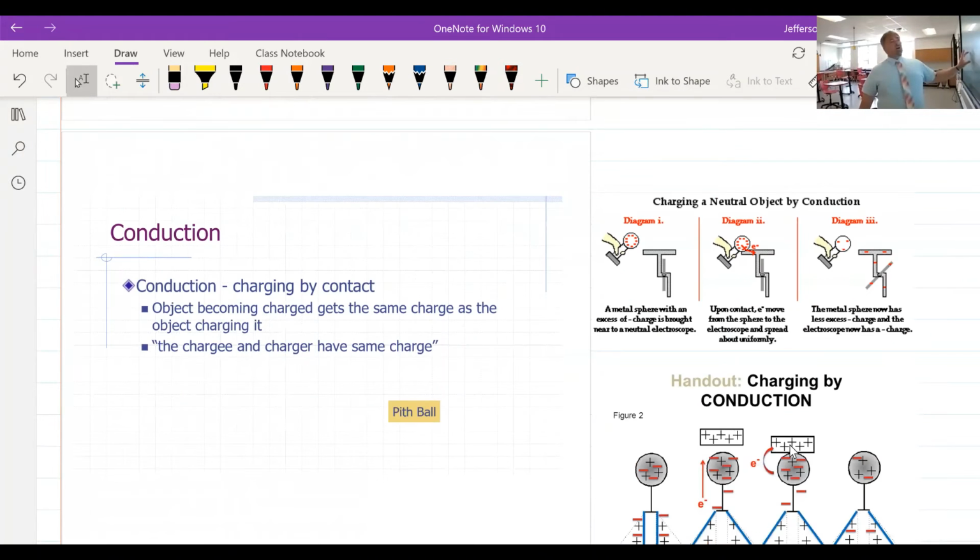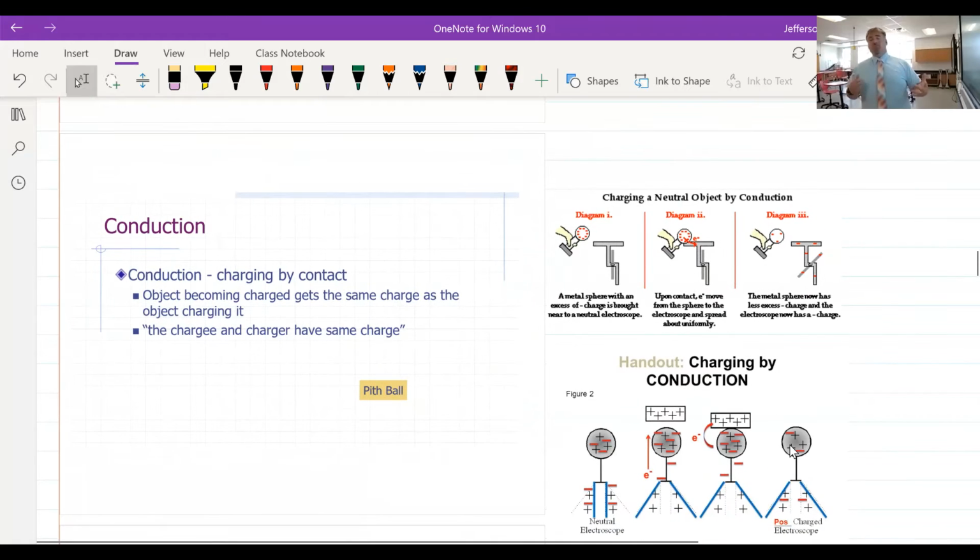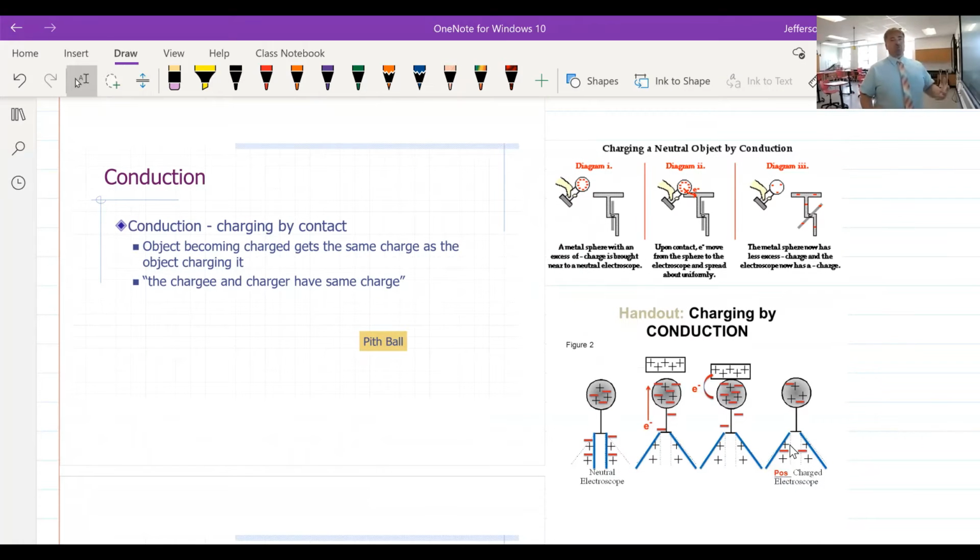Now, we got to talk briefly about how we charge an object. Now, we've said before, well, if I rub the object A with the object B, I get that transfer of charge. Well, how do I charge a neutral object with a charged object? And it turns out that there's 2 different ways. The first is called conduction. And this very simply is charging by contact. Now, you don't have these 2 pictures, but we'll draw some in class, or you're welcome to copy these down as well. But basically what you're doing is you're going to take your object that's charged and you're going to touch the uncharged object. And in the process, because everything, now this is crucial here, when charging,